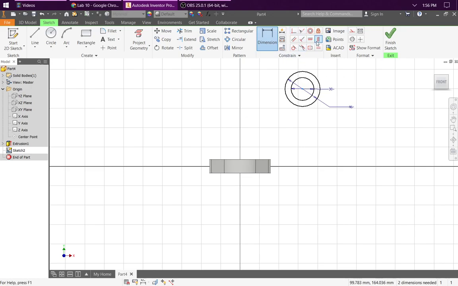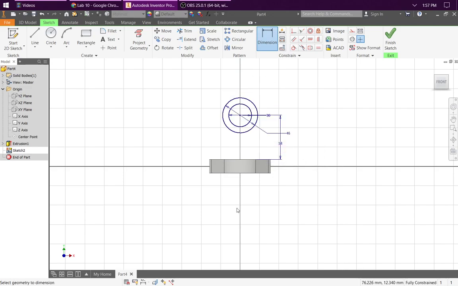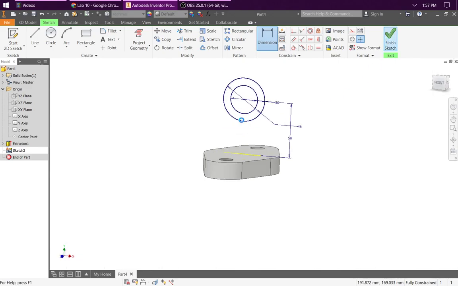So I will use the vertical constraint here. And if I hover over the origin until I see it, that's fine. You can also select it as center point over here. And then that guy, now this is vertical. And the only thing left is what is the distance between the center here and the top of my extrusion. That should be 58 mils. Now that is fully constrained, I will finish this